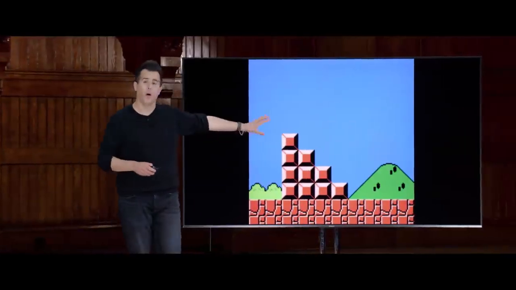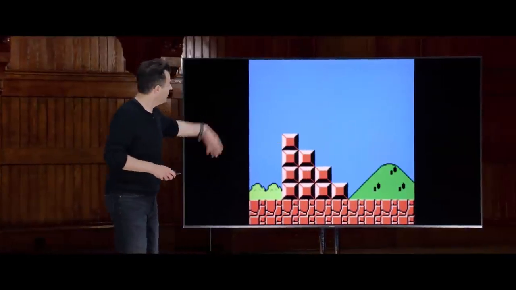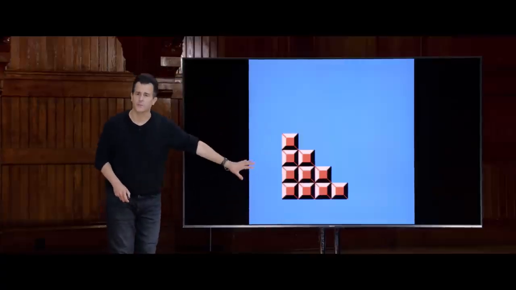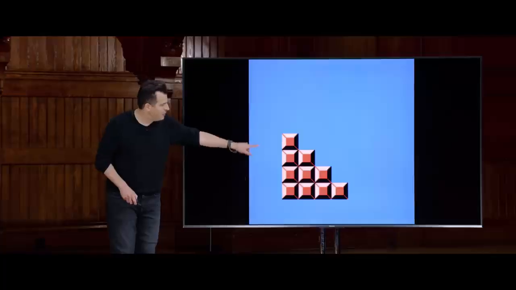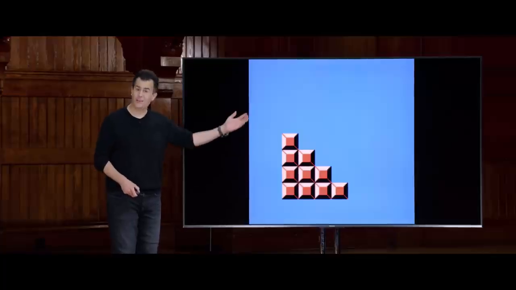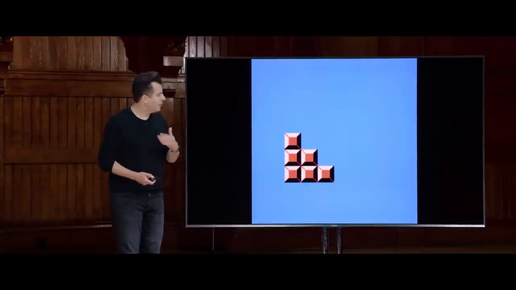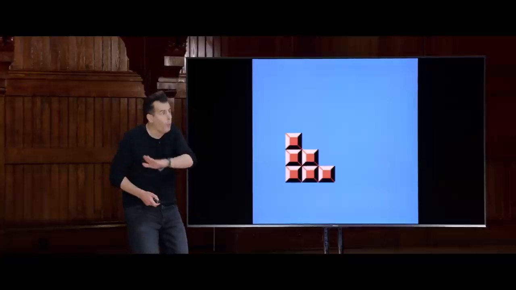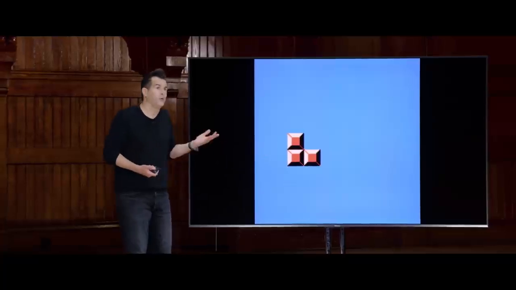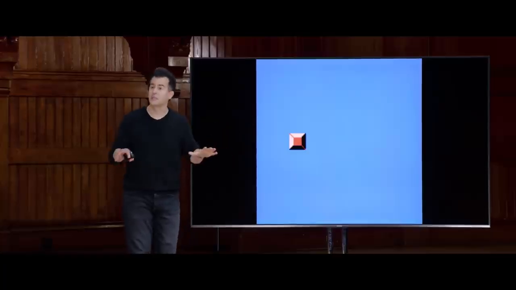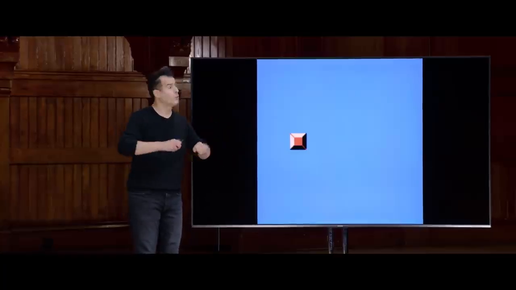Like here's that pyramid from Mario, this one being pretty short and of height 4. Let me get rid of the distractions of the background. This physical structure is recursive in some sense. Why? Well, this pyramid of height 4 is really just a pyramid of height 3 plus one more layer of bricks. Well, what's a pyramid of height 3? A pyramid of height 3 is really a pyramid of height 2 with one more layer of bricks. What's a pyramid of height 2? It's really just a pyramid of height 1 with one more layer of bricks. What's a pyramid of height 1? Just a single brick. So that last statement is sort of a base case. At some point, I can't just keep dragging things out and telling you how one is based on the other.